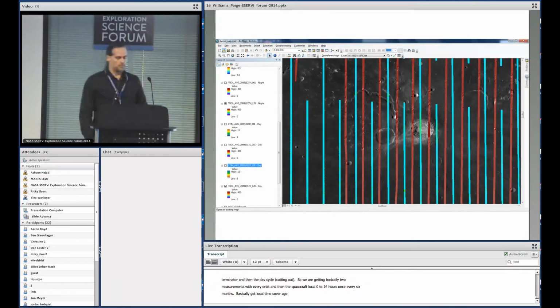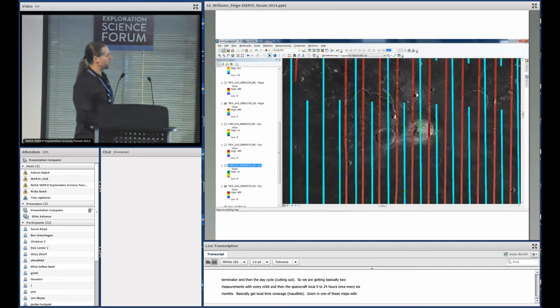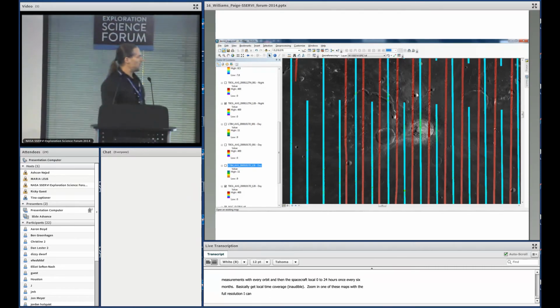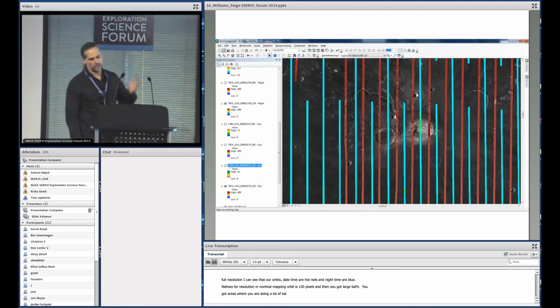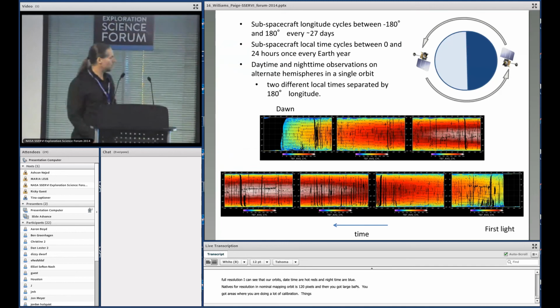Now if we zoom into one of these maps at the full resolution, you can see our orbits. The daytime are the hot reds and the nighttime are the blue. Our native resolution in our nominal mapping orbit of 50 kilometers is about 128 pixels per degree. But you can see that's just in these orbital tracks, and then you've got large gaps. You've got areas where we're doing a lot of calibration things with the instrument where we're looking away from the surface. And you could see even in these low-res maps that there are gores in our data where, for whatever reason,